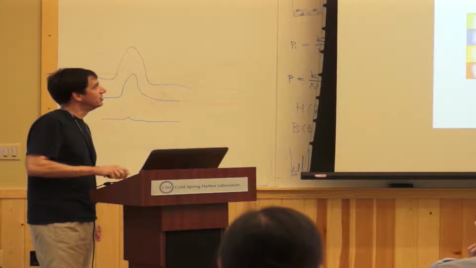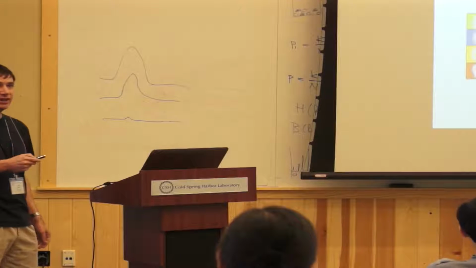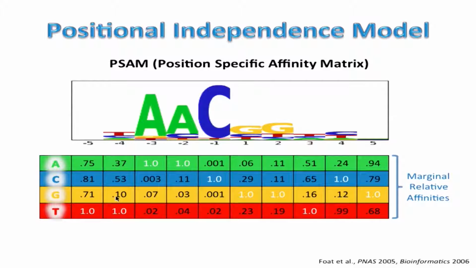Okay, so now that we've characterized the binding data and classified them in two major groups, let's now talk about the models, the affinity models. Some of this is going to be reviewed because Harman's already gone over a lot of this material. So first of all, we're going to talk about the positional independence model that we use in the